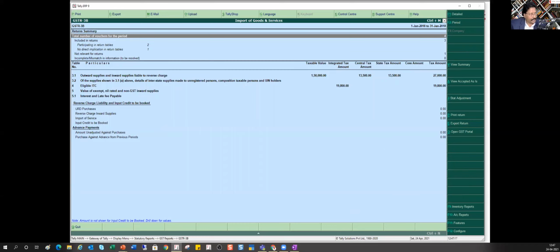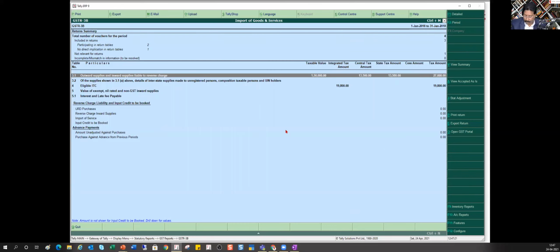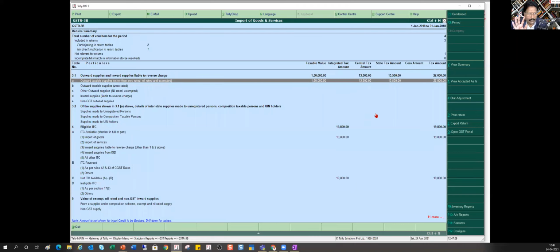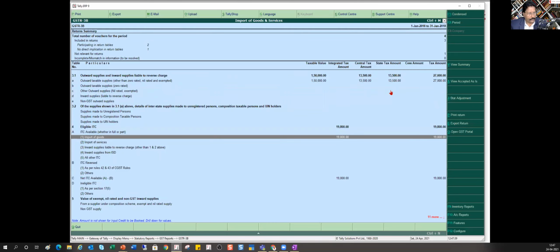So if you see here, Alt F1 is going to give you your detail. Okay. So this is my outward taxable supply. My normal outward taxable supply I did, and I collected CGST, SGST of 13,500 each. Okay. Now the input part is what you are going to see here.